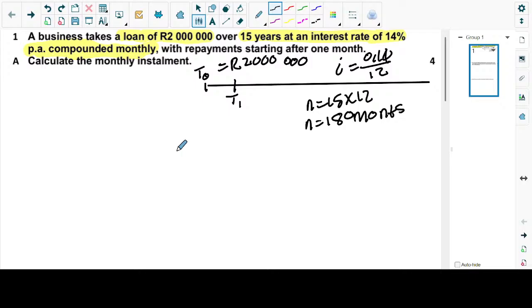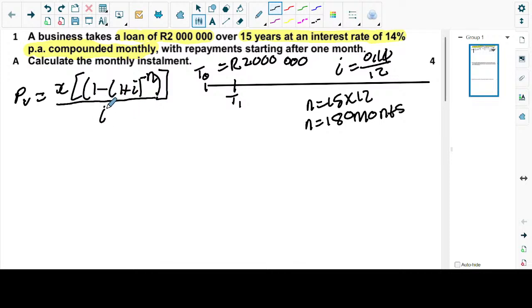Sorry about that. Since we are paying our payments for 180 months, we're going to bring back the present value formula. Our present value formula is: PV is equivalent to X, open the bigger bracket, open a small bracket, 1 minus, open a bracket, 1 plus i, close the bracket, to the power minus n. Let's close the small bracket,